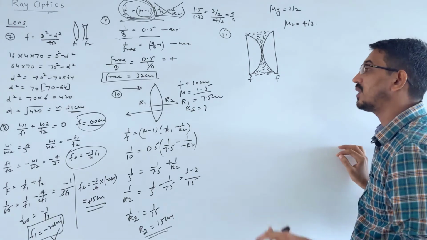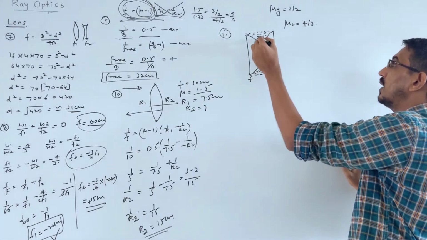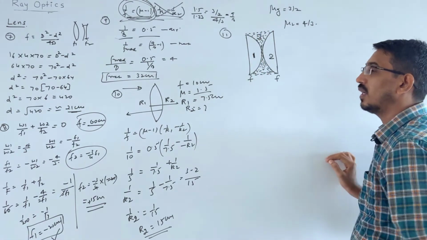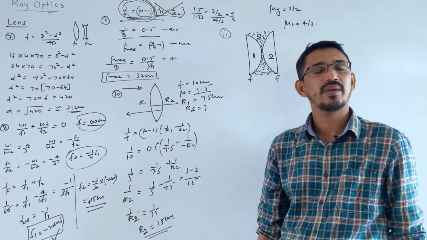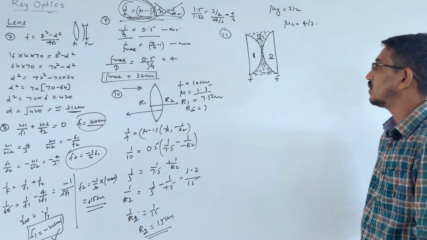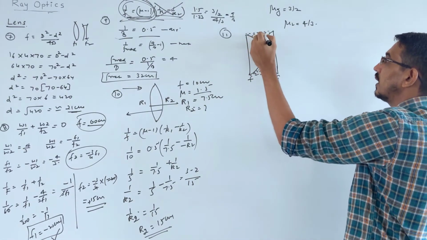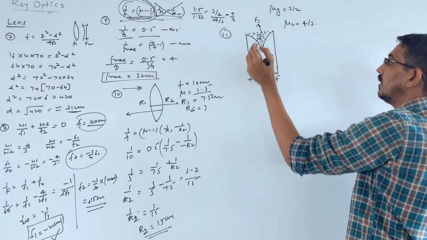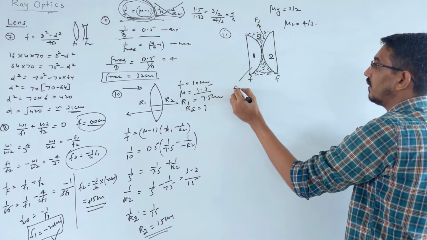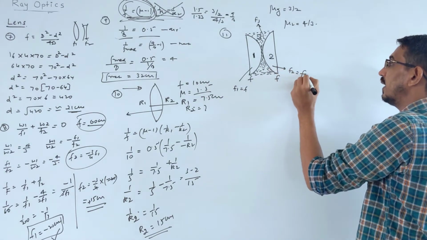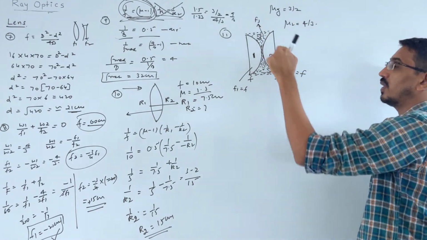So in reality, if you see, we have three lenses: lens 1, lens 2 and lens 3. Lens 1 and 2 are similar lenses, plano-convex, right? So their focal lengths are given as f and f. We have to find the focal length of this, so let's call it f3. The focal length of this lens I am calling f1, that's equal to f only, and this lens is f2, that also becomes f only, and f3 is the focal length of this liquid lens.